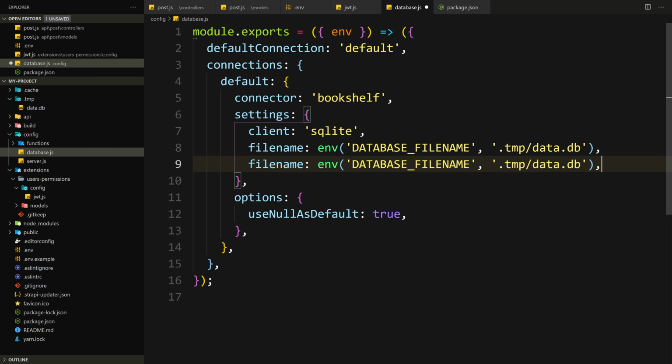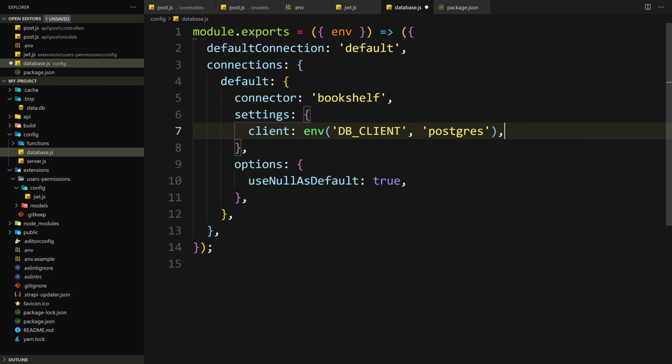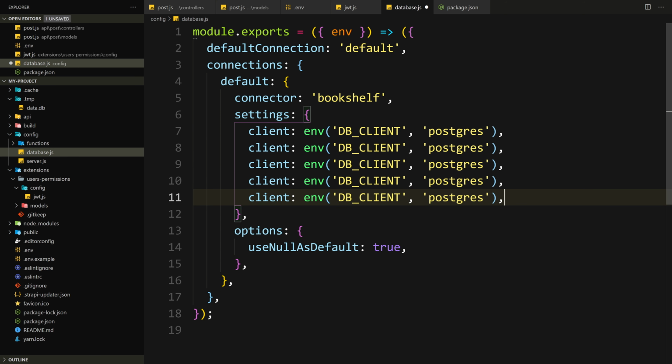I'm actually just going to duplicate this once. So instead of a file name and the client SQLite, I'm going to change this client to Postgres. Or actually, we can make it come from the environment as well. So we have this nice env helper, which either takes the env variable from the .env or has this fallback value. So here we can say env, give the actual key. So this will be in our env file. We'll call it db_client. Otherwise, it's going to be by default Postgres in this example. And we don't need this file name thing. So I'm just going to remove it